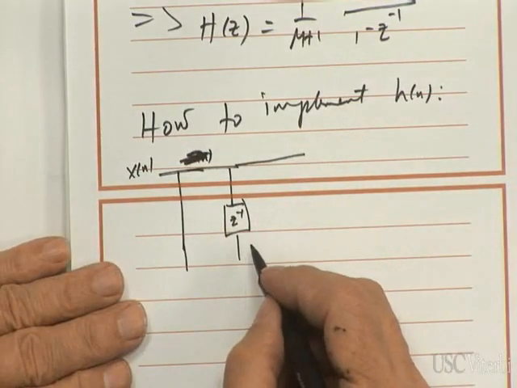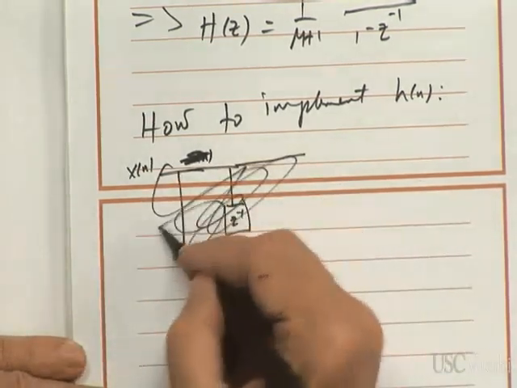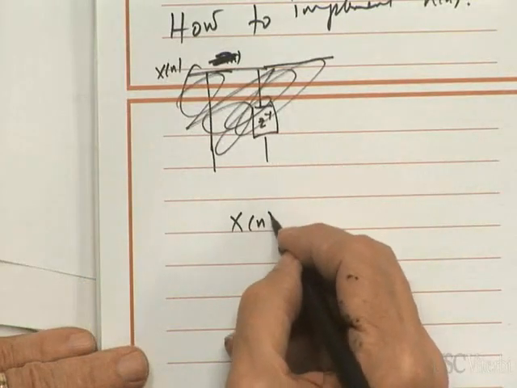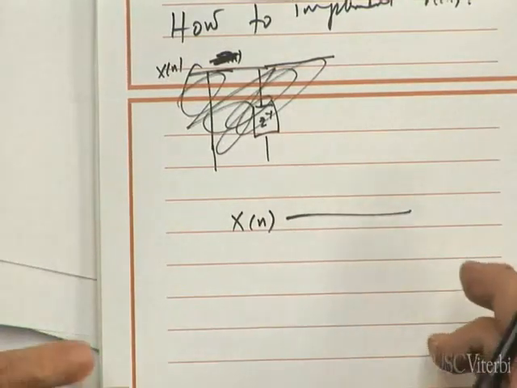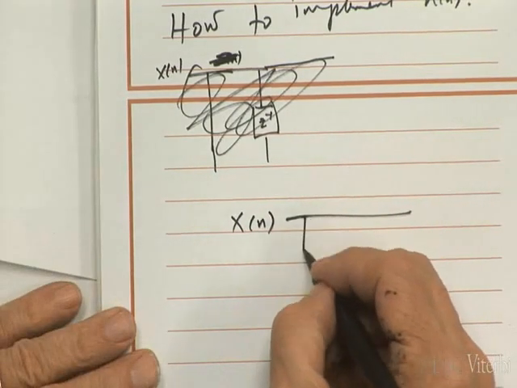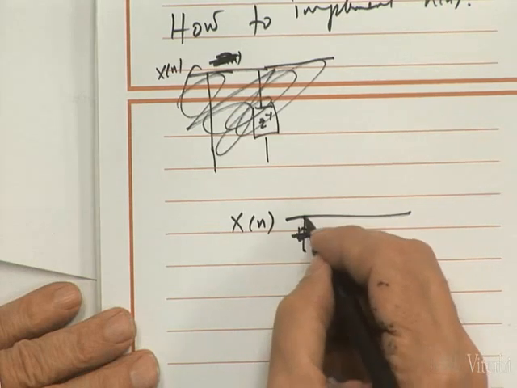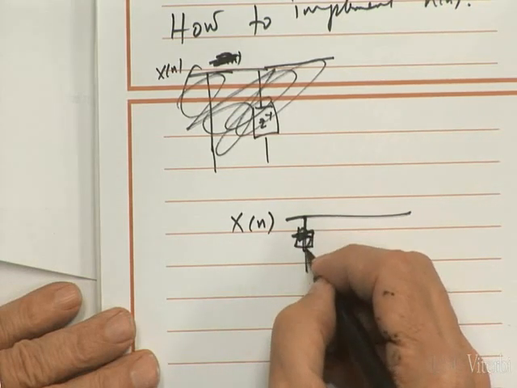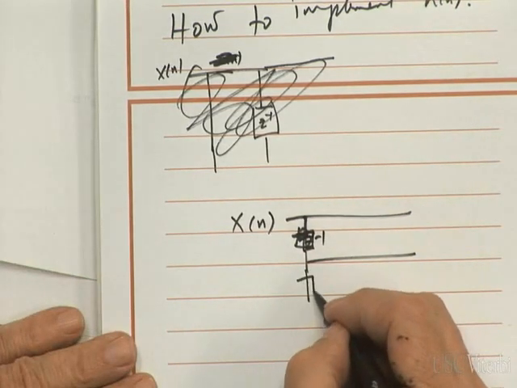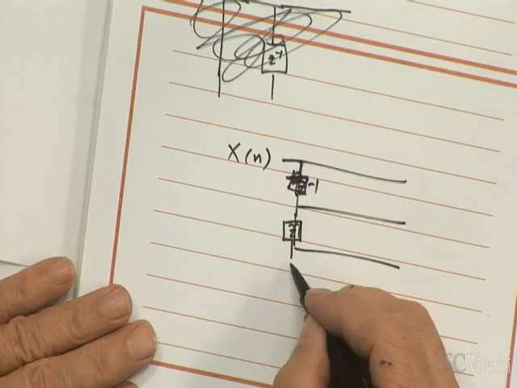We will, oh geez, that isn't right. Forget that. Here, let's do it this way. I'll do it like I did before. So we'll take x of n, and we will split this and take this into a one sample delay on this path, tap that off, do another one sample delay, tap that off, and keep going